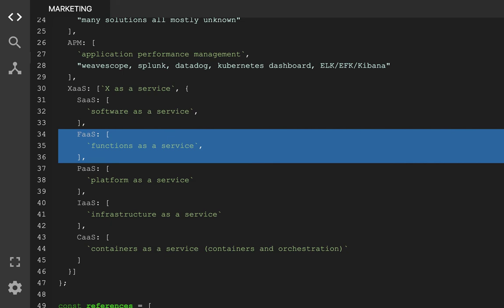Function as a service is sort of a newer entry into this whole AAS cloud of as a services. And basically the idea behind it is that you give me a function in a well-known language and write it to my platform, and I'll just run that service for you whenever a network request is made to your function, and I'll treat that as a service. I'll handle all the DevOps in the background. I'll handle all the container orchestrations and all that, and I'll give you reliability. And all you'll have to do is worry about the function.